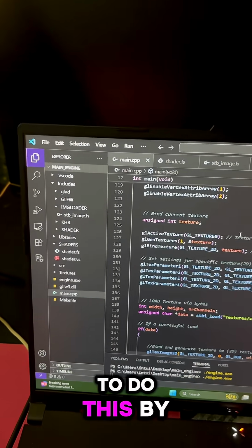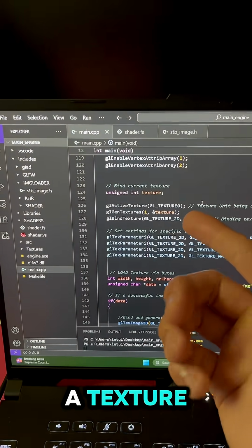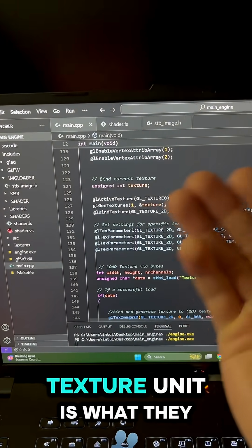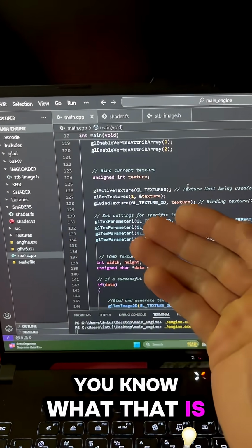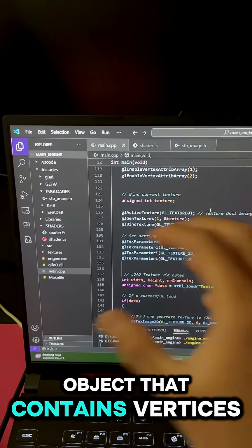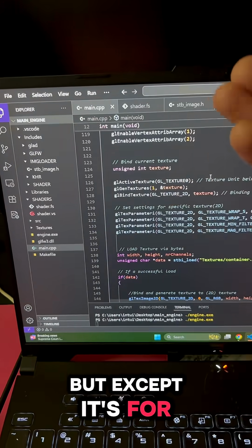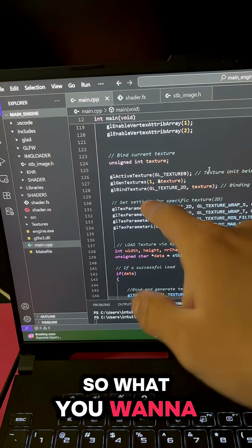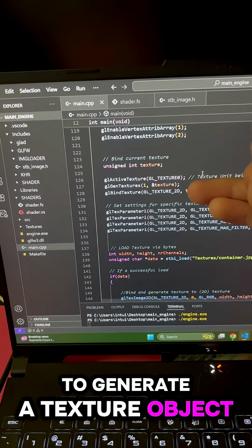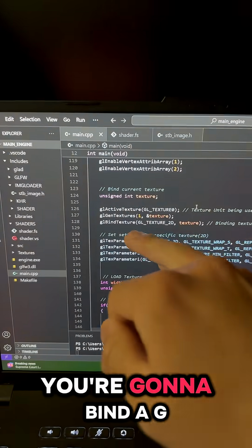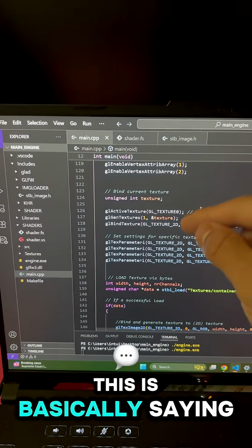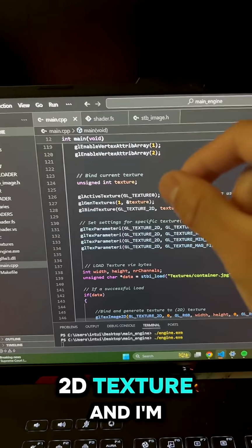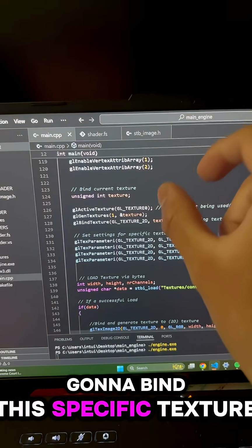And I was able to do this by first you have to activate a texture, or some type of texture unit is what they call it. This is like a VAO if you know what that is. It's a vertex array object that contains vertices, but except it's for textures now. So what you want to do is you have to generate a texture object, and then relative to that, you're going to bind a GL_TEXTURE_2D. This is basically saying, I want to use a 2D texture, and I'm going to bind this specific texture ID